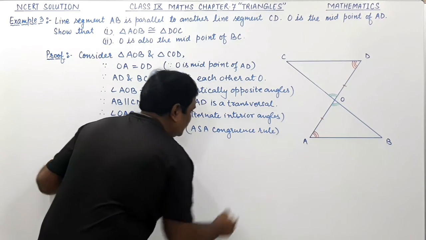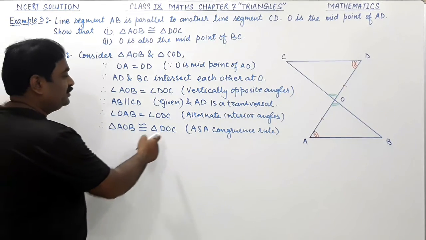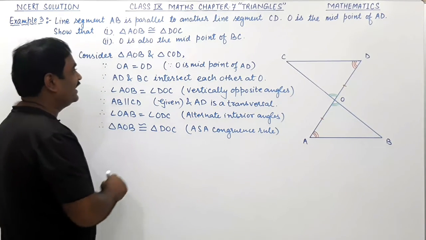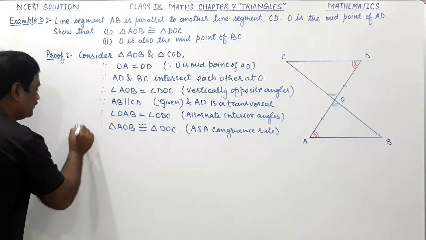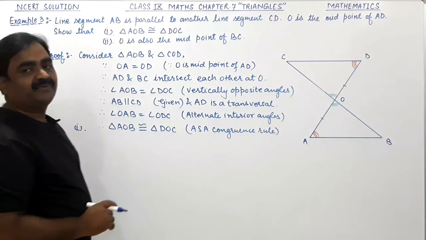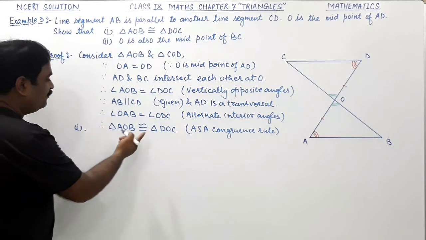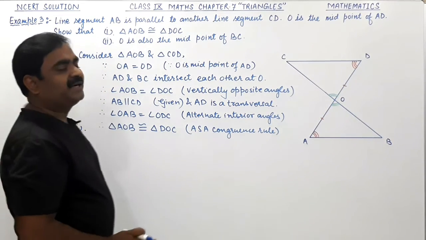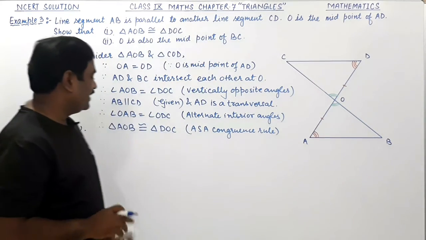Congruence rule, right? AOB is congruent to DOC by angle side angle congruence rule, which is your first theorem. First proof हमने prove कर लिया. Now let us see the second part. Now we have to compare the corresponding parts of these two triangles, right? So what we have written,